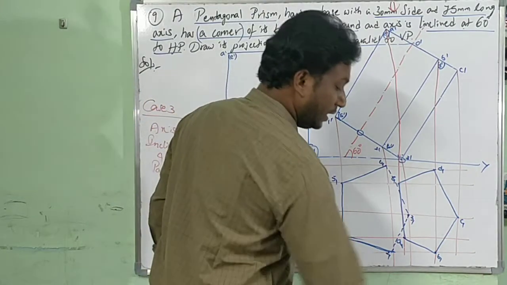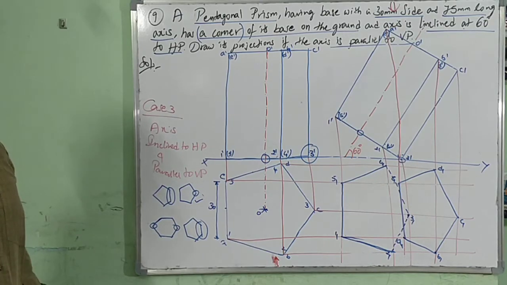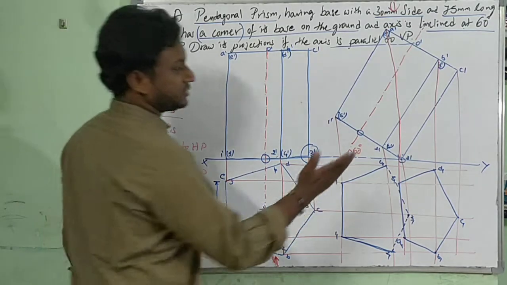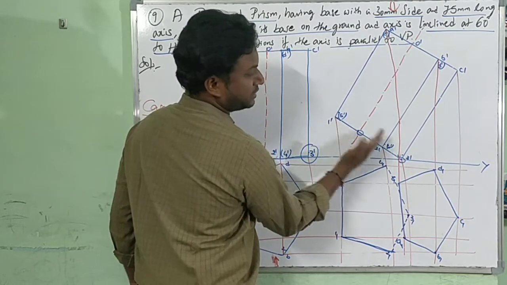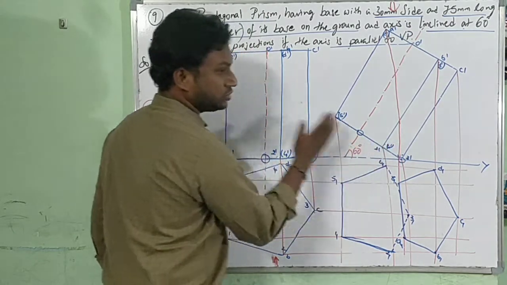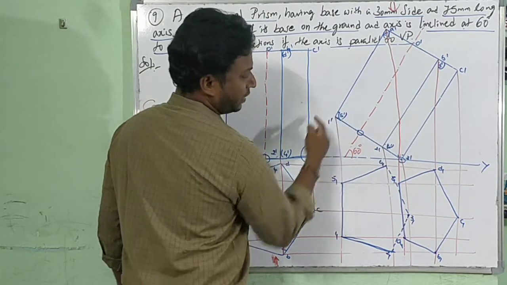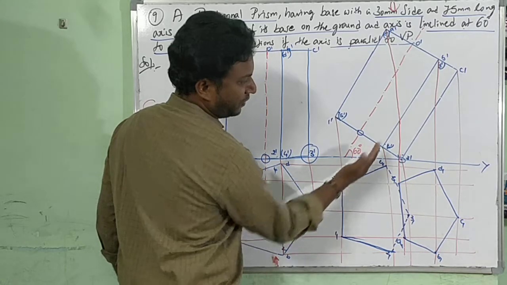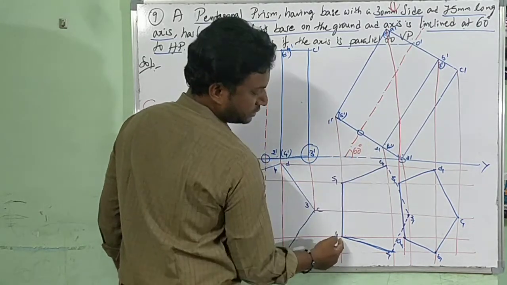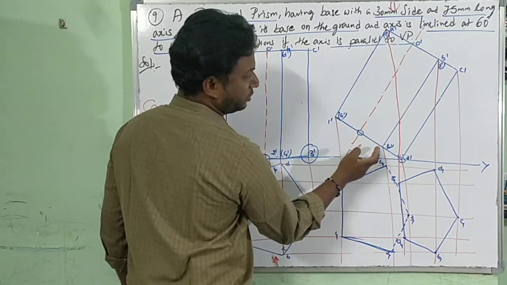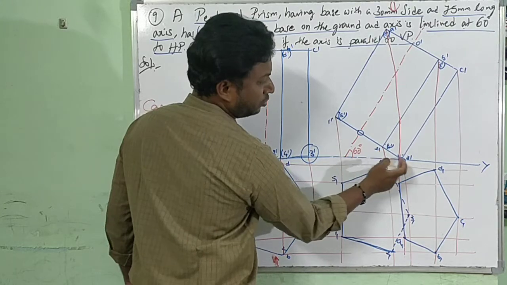The only thing you are supposed to understand is this: with respect to the second line, whatever points are above, those all are thickly visible. With respect to above, edge 1 dash 5 dash becomes 1-1-5-1. With respect to this line, 1 dash 2 dash, 1-1-2-1. With respect to this line, 4 dash. With respect to this line, 2 dash 3 dash.